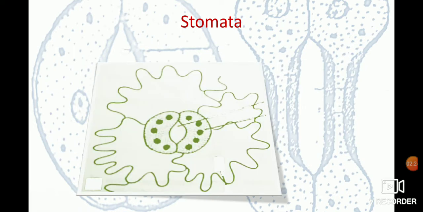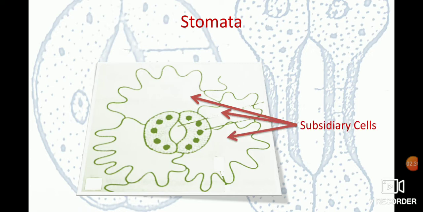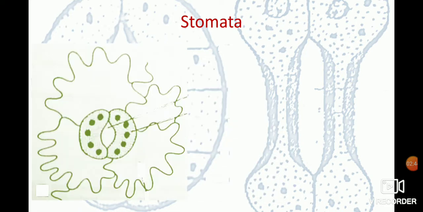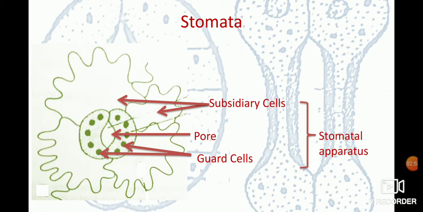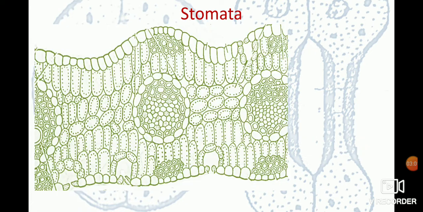The guard cells are surrounded by variable numbers of epidermal cells, which are called the subsidiary cells or the accessory cells. These cells may be morphologically similar to other epidermal cells or may be very different from the epidermal cells. The two guard cells, the opening or the aperture, and the subsidiary cells constitute what is known as a stomatal apparatus. A cavity is usually present beneath the stomata.